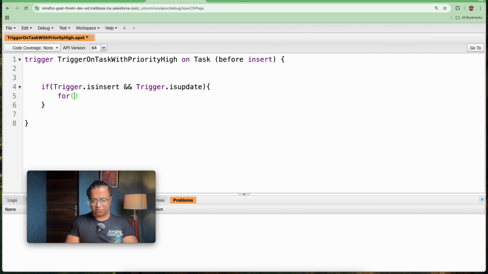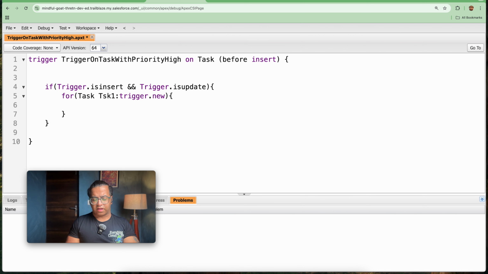So I will be writing for task tsk1 colon Trigger.new. This is the scenario. As soon as the record comes, I need to set the priority to high.